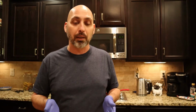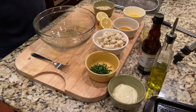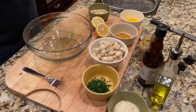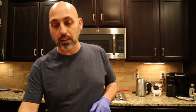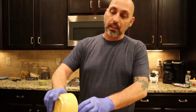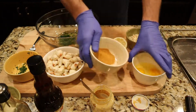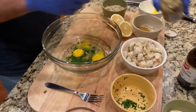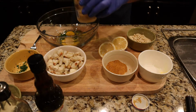All right, so let's get started with ingredients for the Maryland style crab cakes. I've got lump crab meat, parsley, mayonnaise, Worcestershire, Grey Poupon, Old Bay seasoning, egg for a binder, and some crushed crackers. So we're going to go ahead and get started by putting in the chopped parsley, 2 eggs, about a half a tablespoon of Grey Poupon,